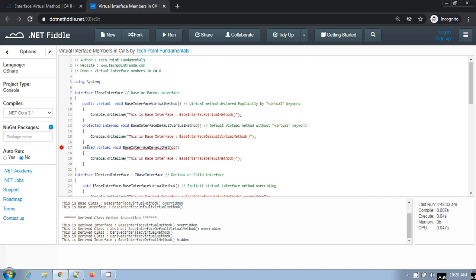So again, all the interface members which have their body definition are virtual by default unless they are decorated with sealed or private modifiers. All right, so let's quickly move to the next question.